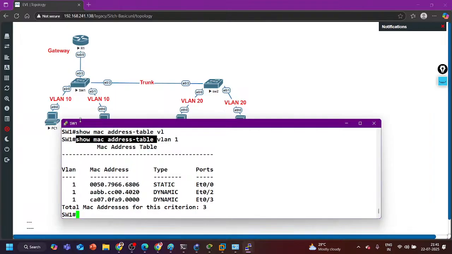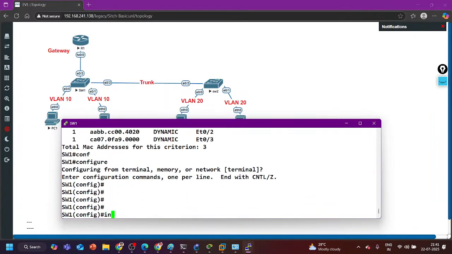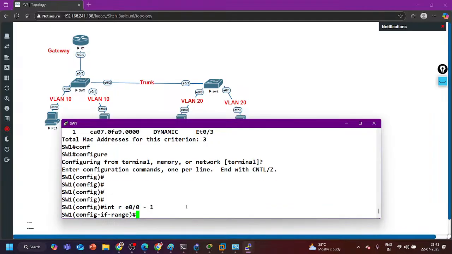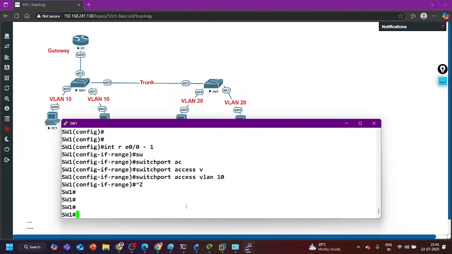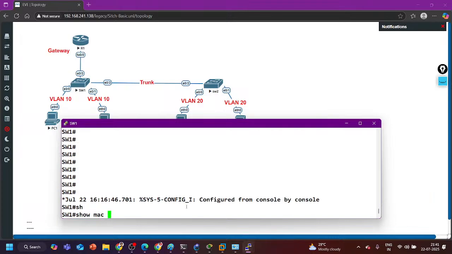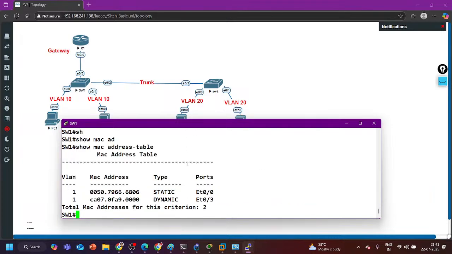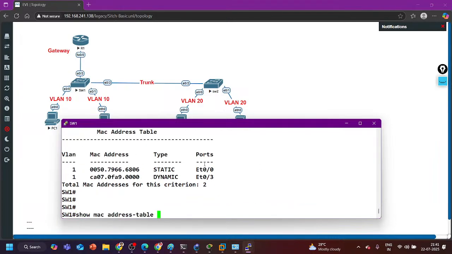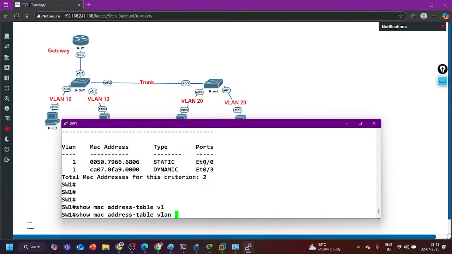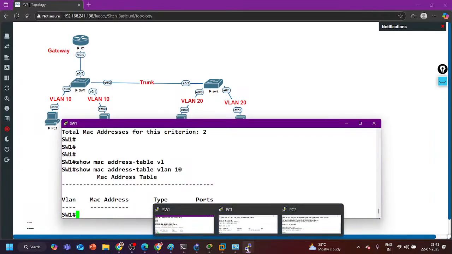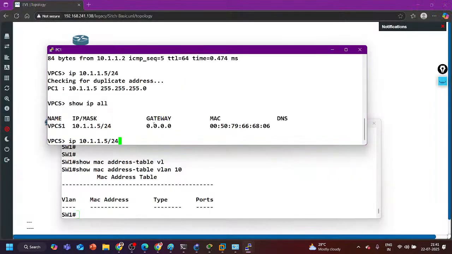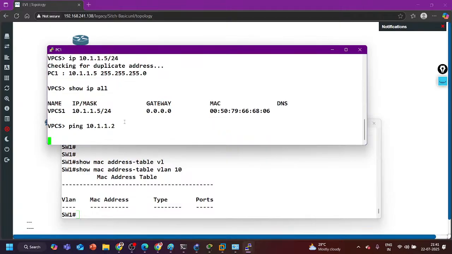So if I say these two ports are in VLAN 10, let's say, maybe you don't know VLANs, no worry. Interface range E0/0 to 1, and switchport access vlan 10. And then show MAC address table. Now you can see in VLAN 10 we don't have any MAC address. Now if PC1 is going to generate traffic, ping 10.2,